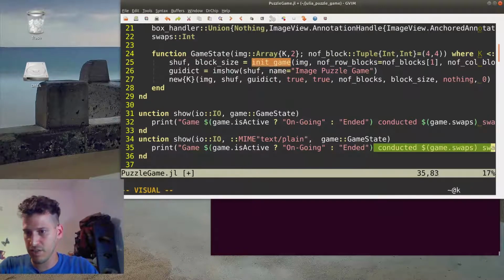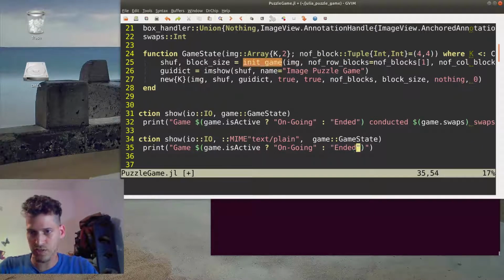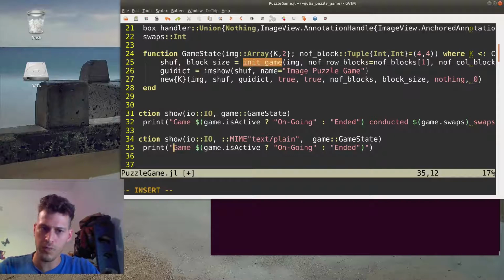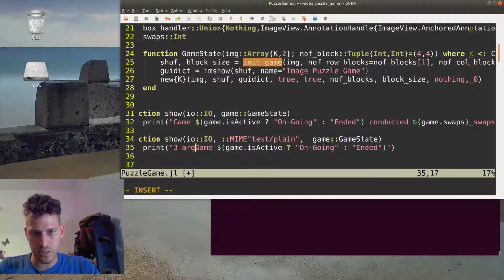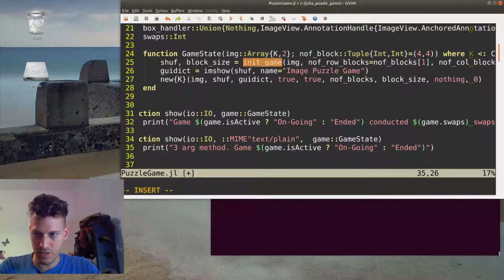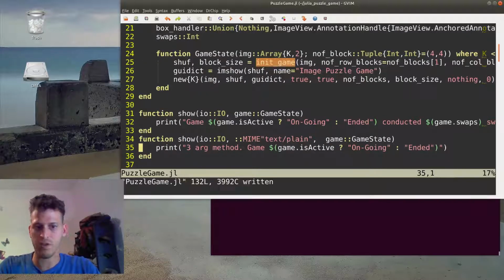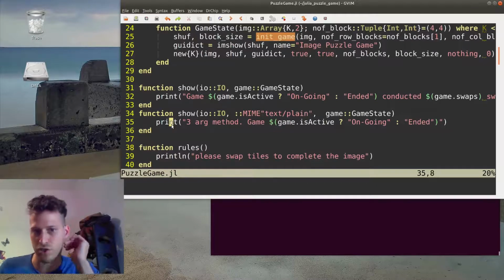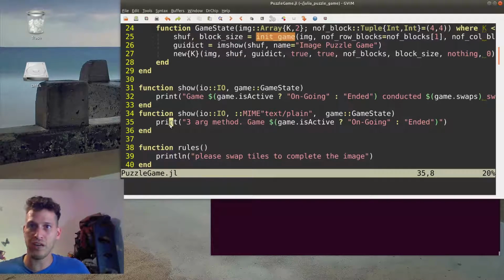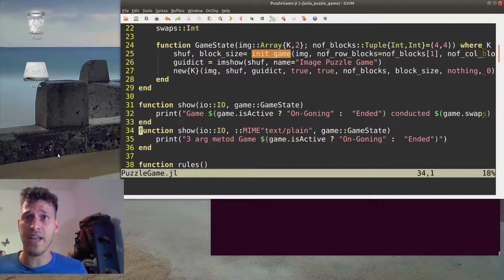I'll delete all of this just to have something shorter. So, the 3 argument method, and yeah, rather similar. I'll show you the difference between the functions in a second. So we have our multi-dispatches and we know how to use them, and now we can actually go and refactor